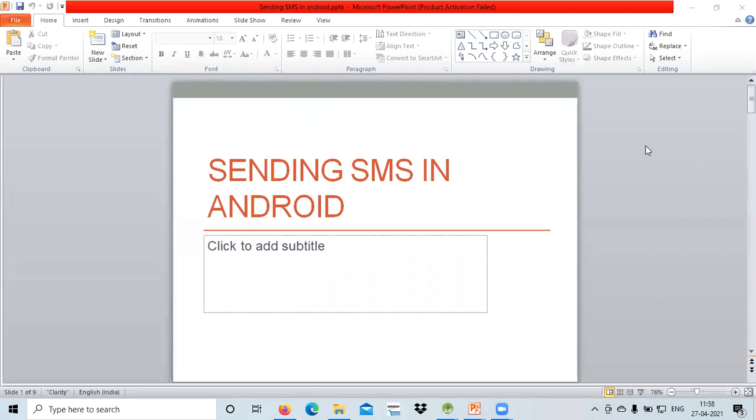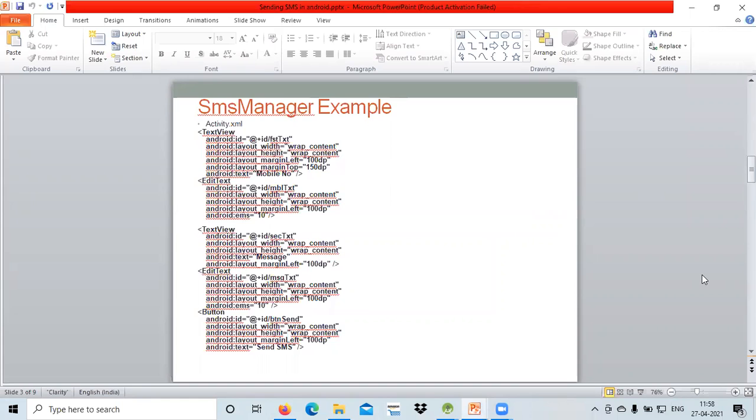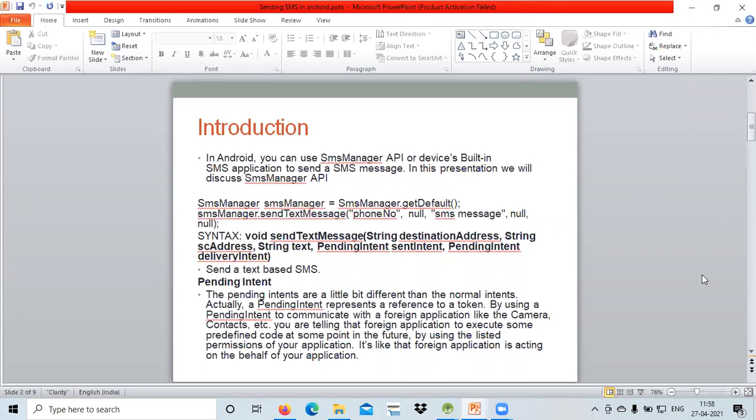The very first thing is that we will directly use the SMS manager class, and we'll be using one of its methods, the send text message.